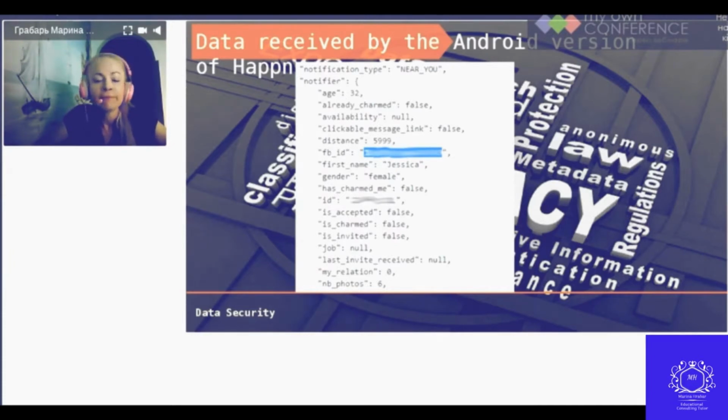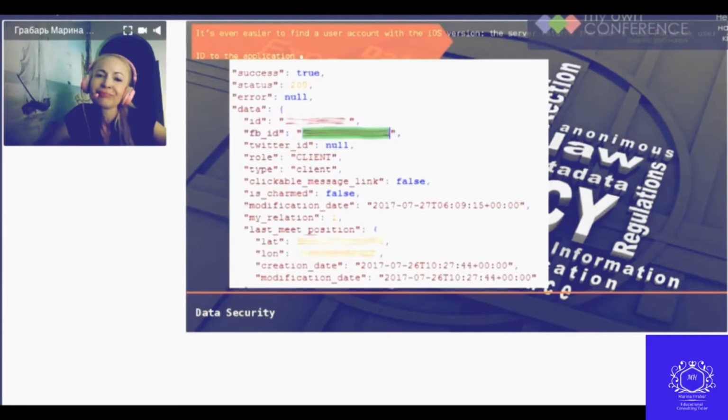By modifying this request slightly, removing some of the original parameters and leaving the token, you can find out the name of the user in the Facebook account for any Happn user viewed. Data received by the iOS version of Happn.